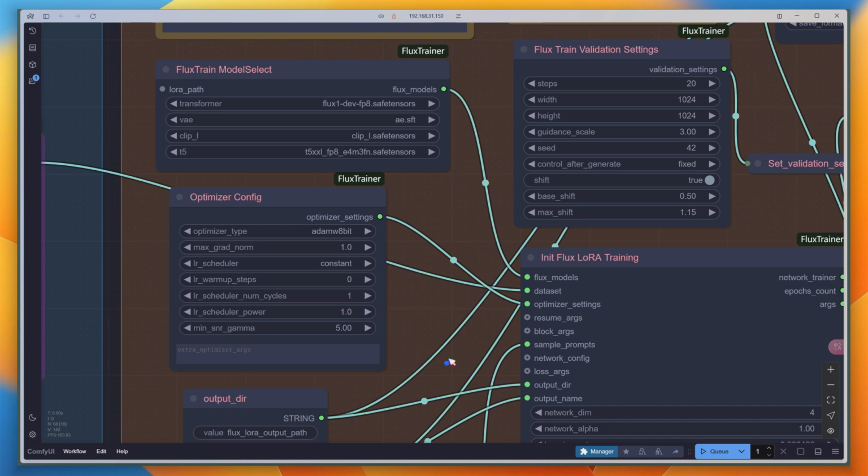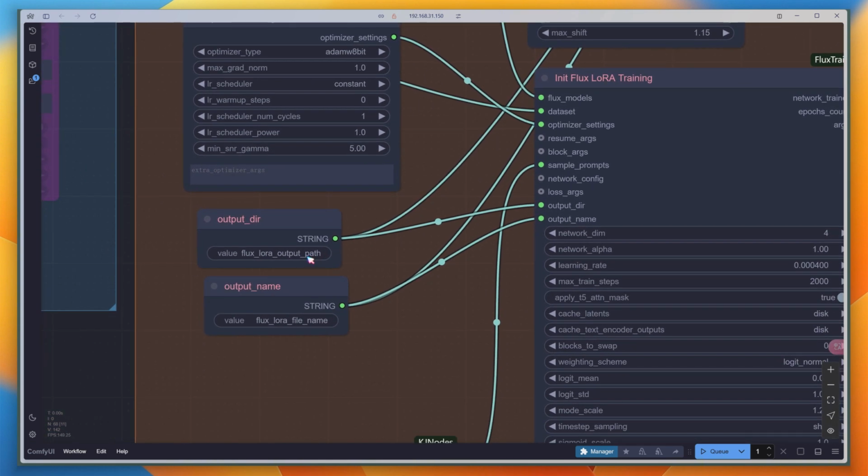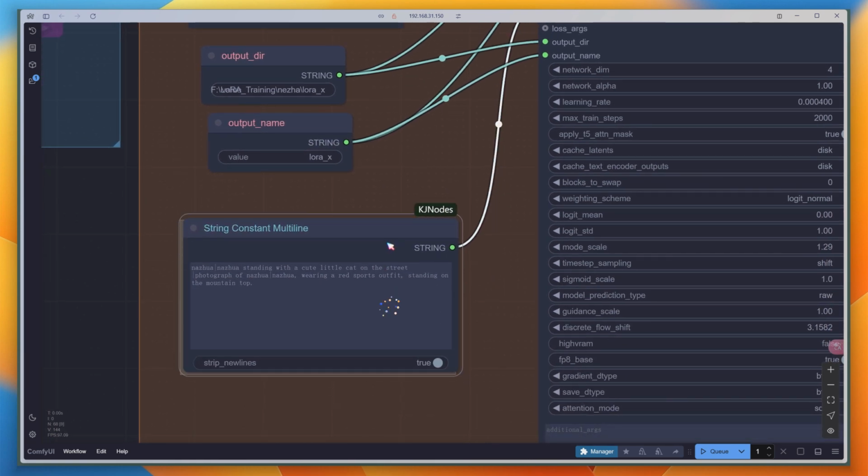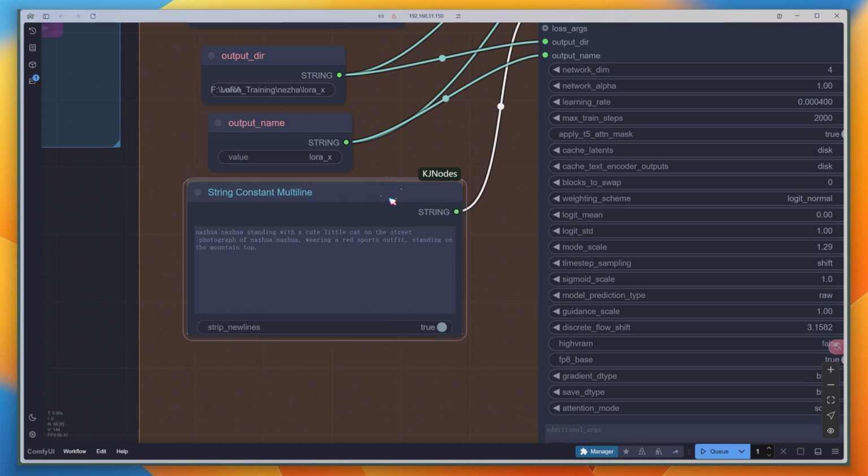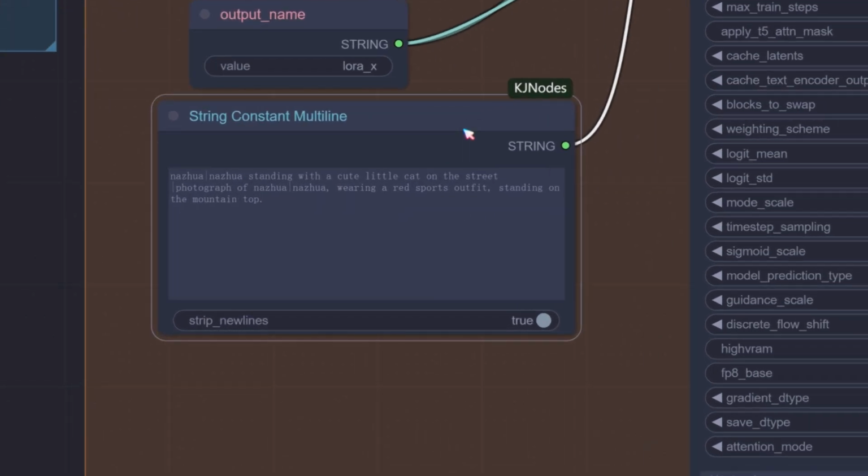The model output configuration involves 2 nodes, where we define the model save path and name. I created a corresponding folder and named the model LoRa_X. Next is the prompt node, which is mainly used in combination with the sampling parameter node to generate images. The prompts are separated using a vertical bar. I have set up 4 groups, which are used to test the standalone trigger word and combinations with different elements,